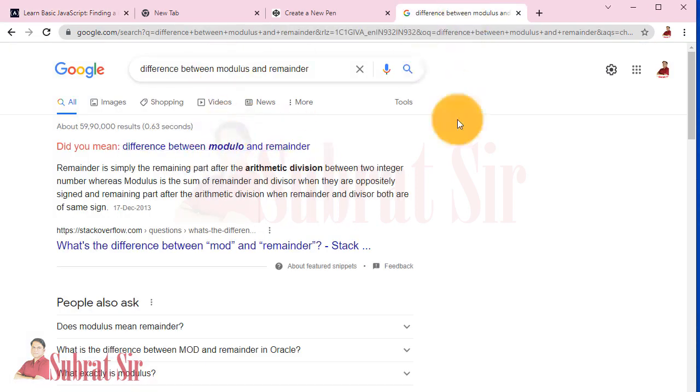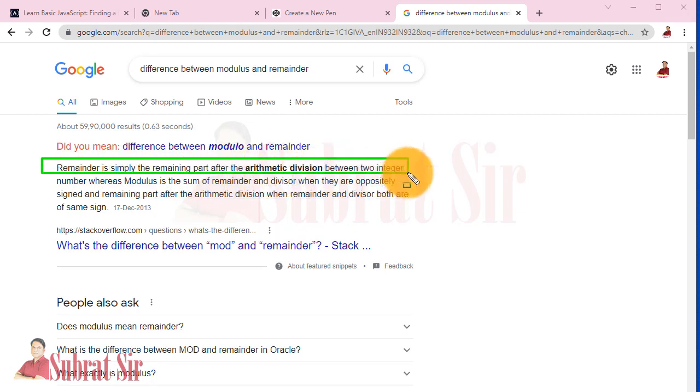So what is the difference between modulus and remainder? Remainder is simply the remaining part after the arithmetic division between two integers. So if you are dividing 15 by 2, 2 times 7 is 14 and the remainder is 1.